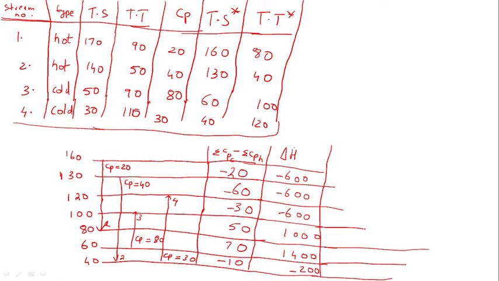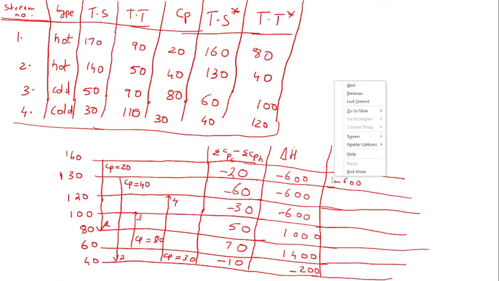Now the next step is we need to add 0 kilowatt from the top of the stream, cascade number 1. So we are adding 0 kilowatt from the top, and after adding 0 kilowatt from the top, we will obtain 0 minus 600. So here plus 600 will be coming,